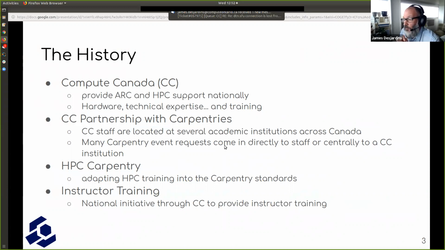So other things that have come from this is the Compute Canada Federation does a lot of training for high performance computing and advanced research computing. We had these long summer schools, but what we're starting to do now is adopt more and more the model of the Carpentries for teaching our researchers who are doing the transition to high performance computing. So we've started initiatives like the high performance computing carpentry. And we've also been working on a central infrastructure for providing instructor training, which is mostly handled by John here.